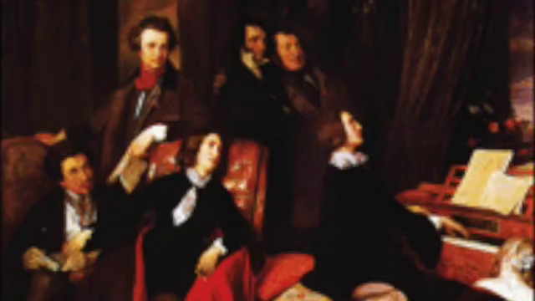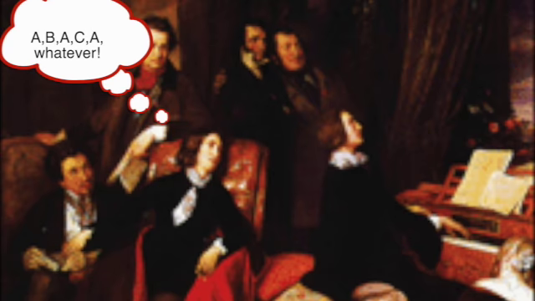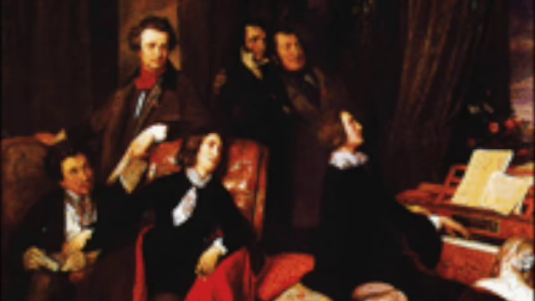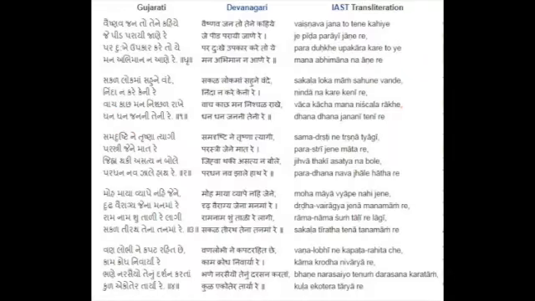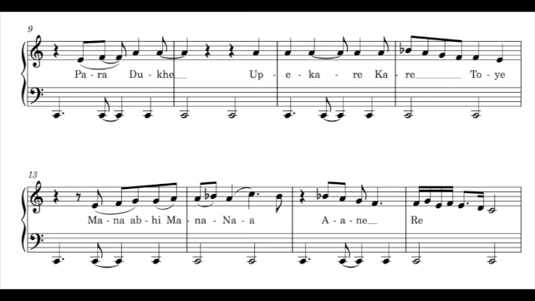The overall structure reminds me of the Rondo form from classical European music. A, B, A, C, A, whatever. The A keeps coming back. Even though there are 5 stanzas of lyrics, there are only 3 musical phrases, so some of the stanzas share